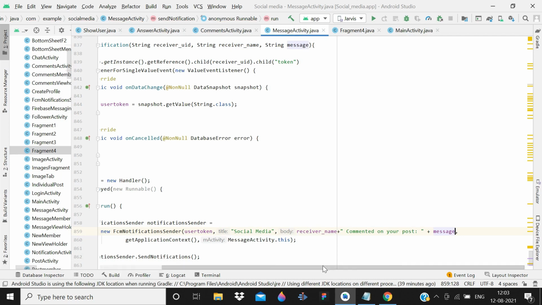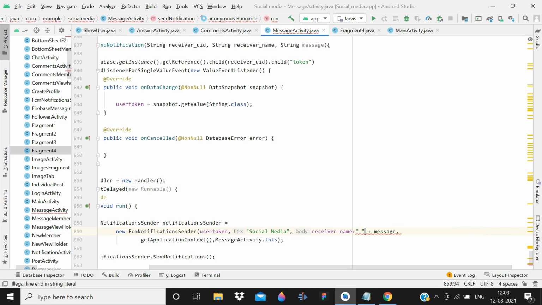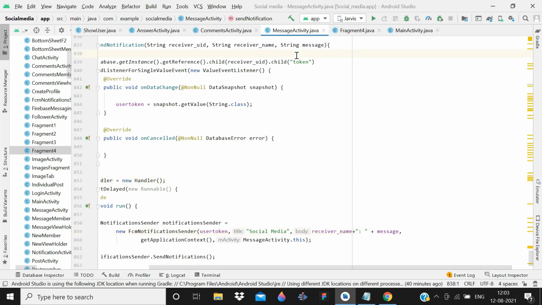So you can see, you need to make a little bit of change here. You just need to write just a semicolon. Yes, I think that's okay. So this time, yes, this is correct. So receiver name and message, and receiver user ID here, over here. So whenever you send a message to that user, they will receive a notification.